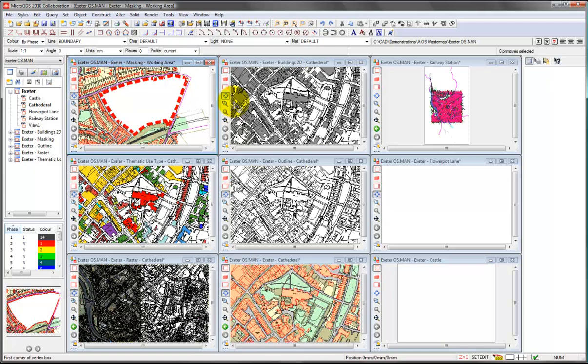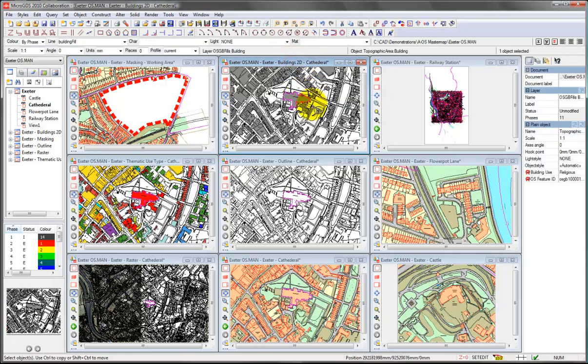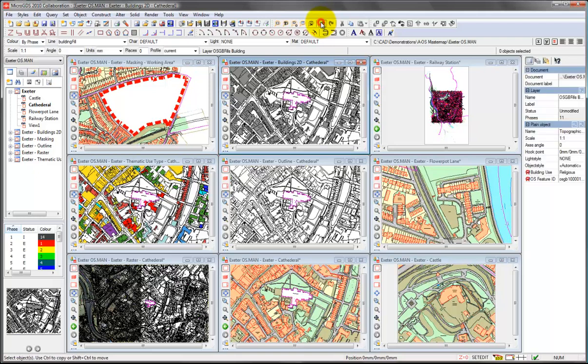to see what actions in one window have an effect in another. To show you the effect of editing being consistent across the different views, if I select, for example, the cathedral and delete it, you'll see that that vanishes in all of the views that are open on screen. So, for example, we've lost the red area here now, and the filled area in this one here. And again, I'm just going to undo that, so I can simply click on the undo button, or the normal undo functions that you've got with Windows. I'm going to close down most of these views now,